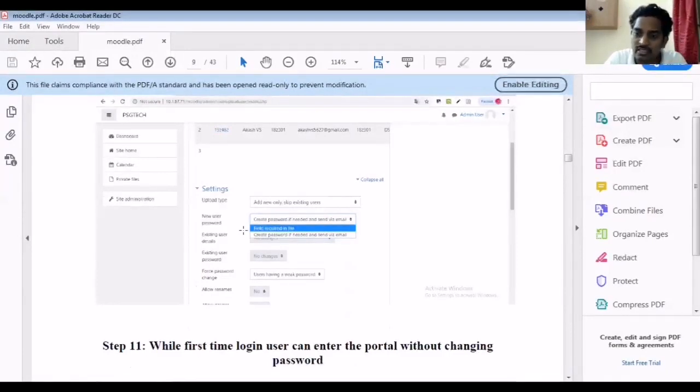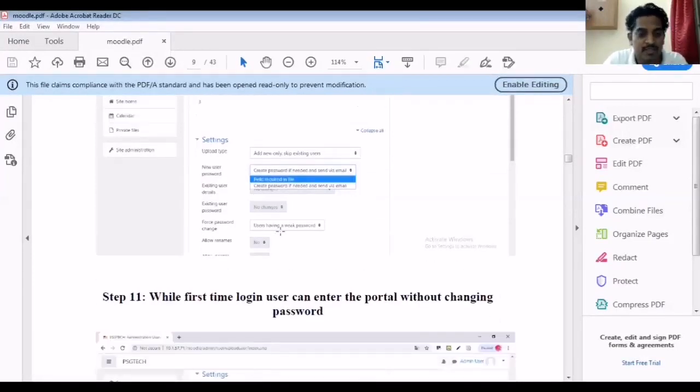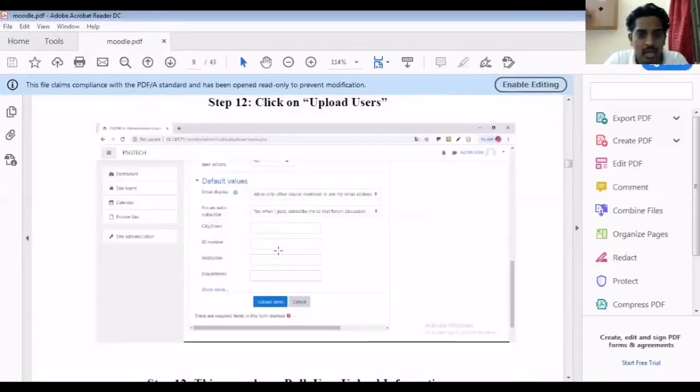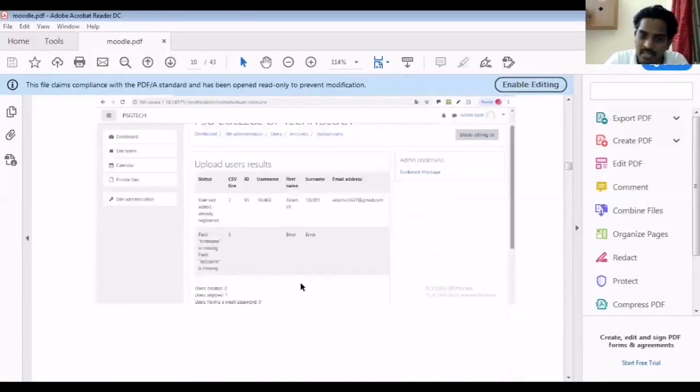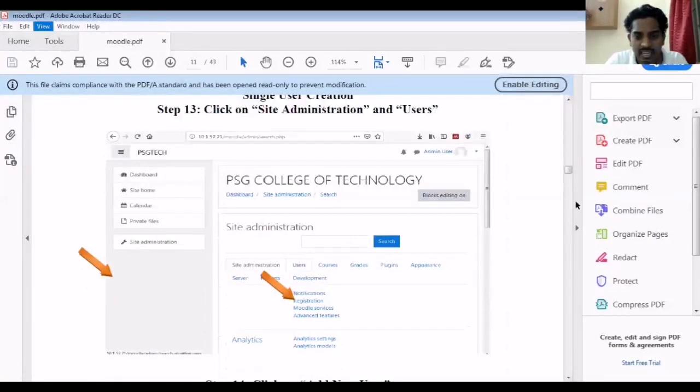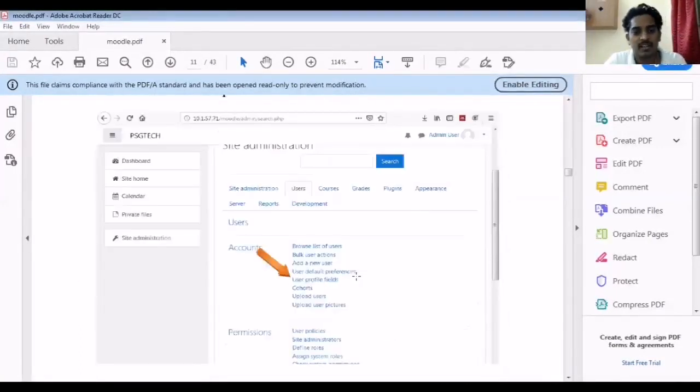You are giving the facility to the users, such as students, so that changes can be made in their login. For that, you give a proper setup here, like the settings page. Once it has been done, you can upload the users in that way. Upload users can be done in bulk, as I already told you. And you can also create self-registration, which is like a single user registration in this way.